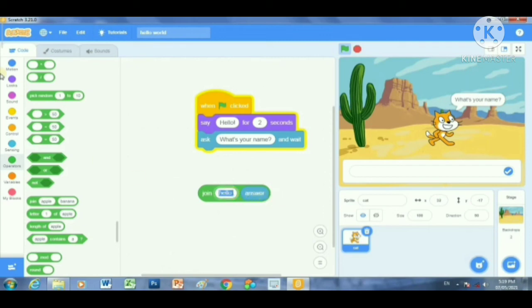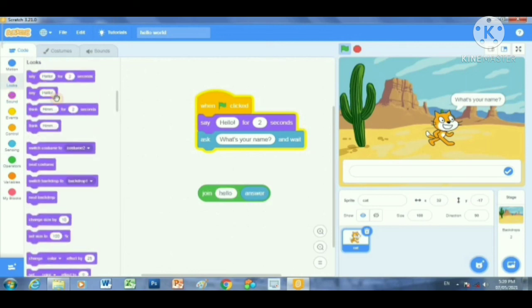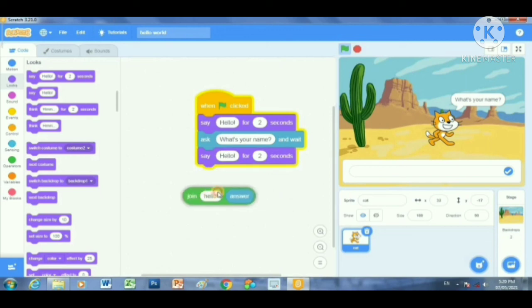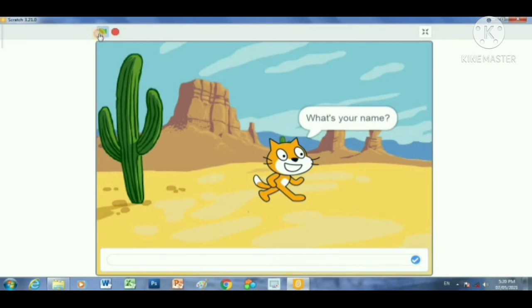To see it, we have to make our sprite say hello plus whatever the viewer's name is. So again, we are going to go to looks and choose the same thing, and then we are going to put in this block. As you can see, this thing is circular, that thing is circular. You probably guessed that these two things can fit together. Now let us see how our code works. First, let's just full screen this and then run.